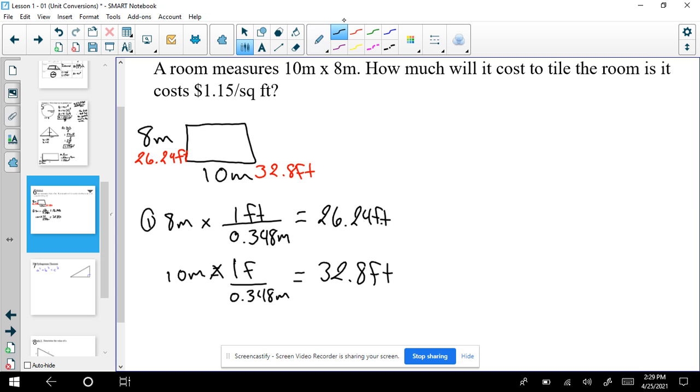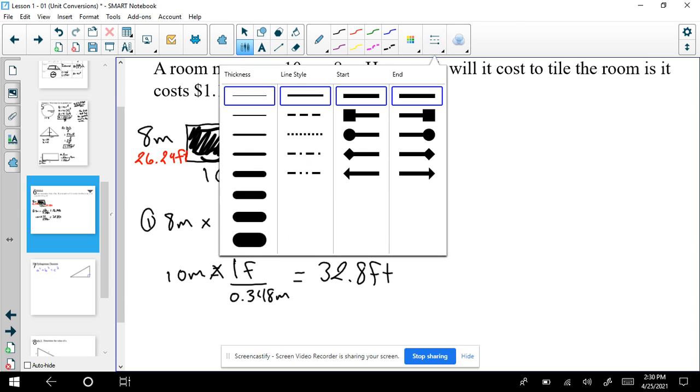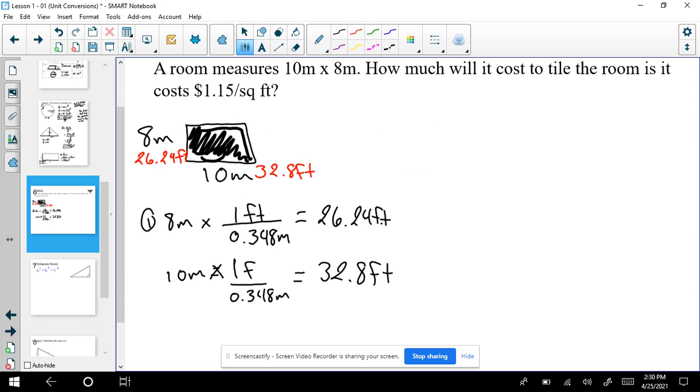So what we need to do now is figure out the area because it's asking how much it will cost to tile the room that costs this much per square foot. So it's asking how much it will cost area-wise. So what we need to do here is use the area equation. Our area equation for a rectangle is always our length times our width. Right now we have our length in feet and our width in feet. So I would take my length, which is 32.8 feet, times our width, which is